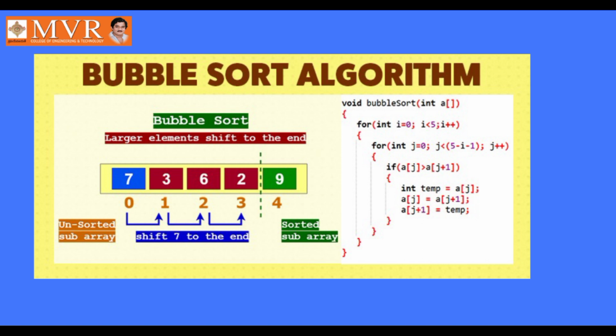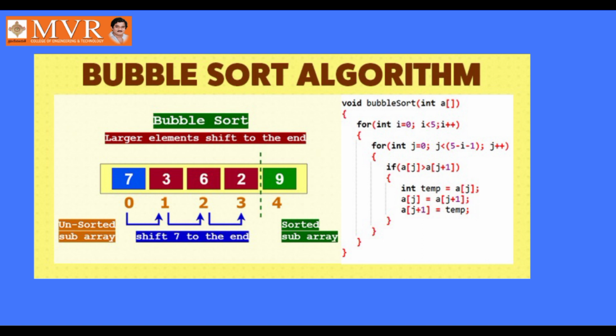I have given the related name and I have taken int a, that is an array. To store the list of elements in it, I have taken an array of elements. In this, I will store all the elements given to me in this array and perform the sorting techniques.